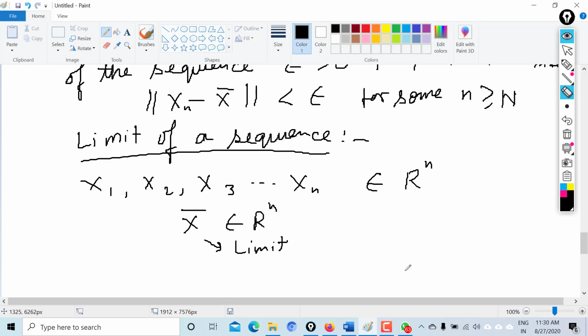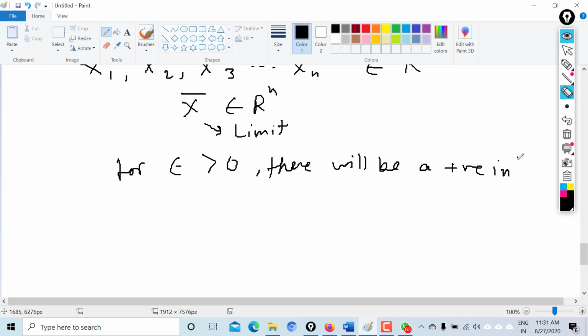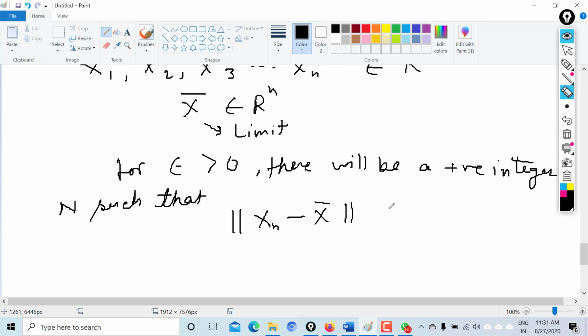For a given epsilon greater than 0, there will be a positive integer N such that the norm of x_n minus x bar will be less than epsilon for all n greater than or equal to N,